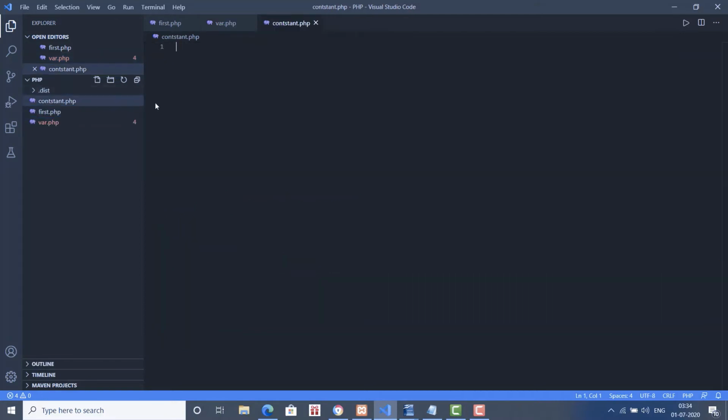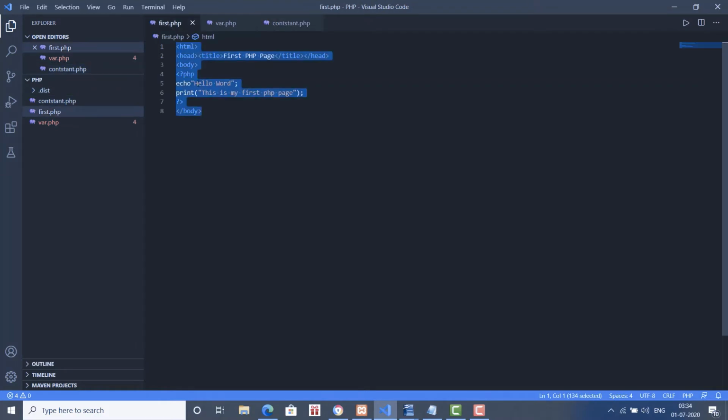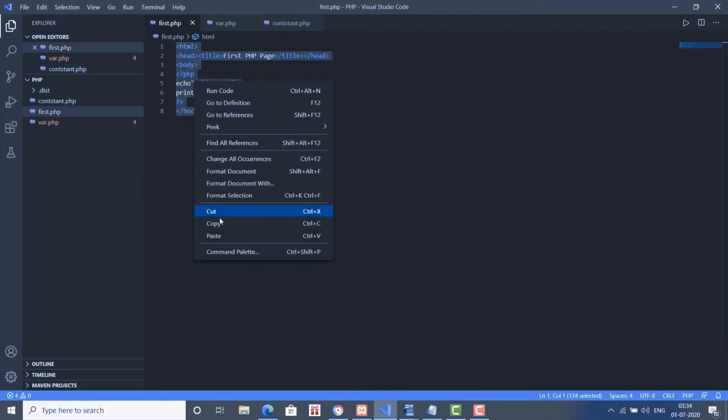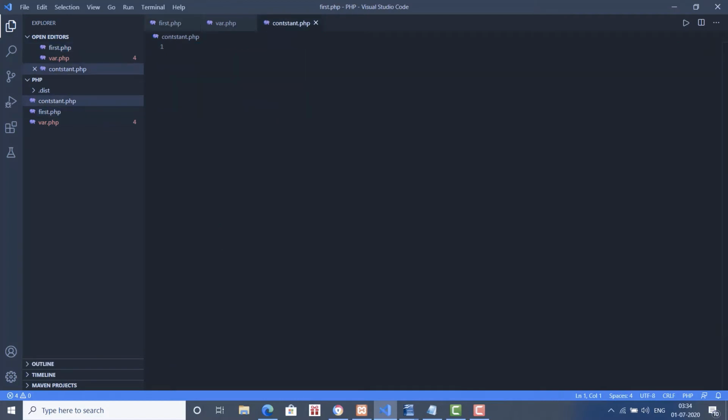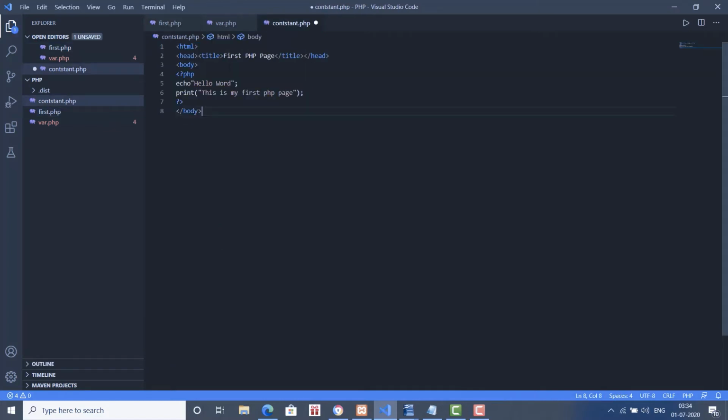Hit the enter key, and I'm going to copy this content from here and paste it here, and after the body I have to close the HTML. Here we have to write our PHP script, and to the header I'm writing constants in PHP.